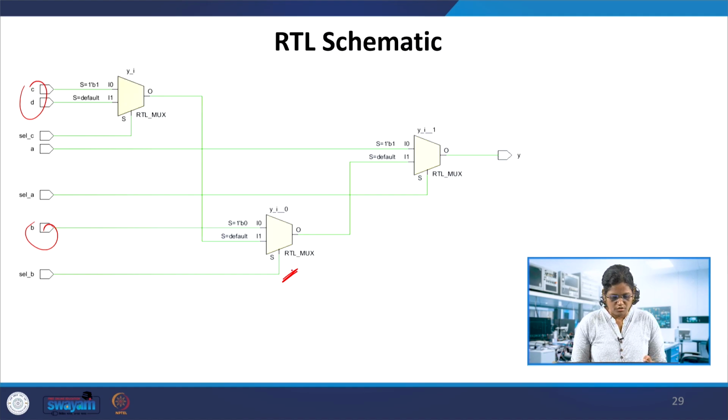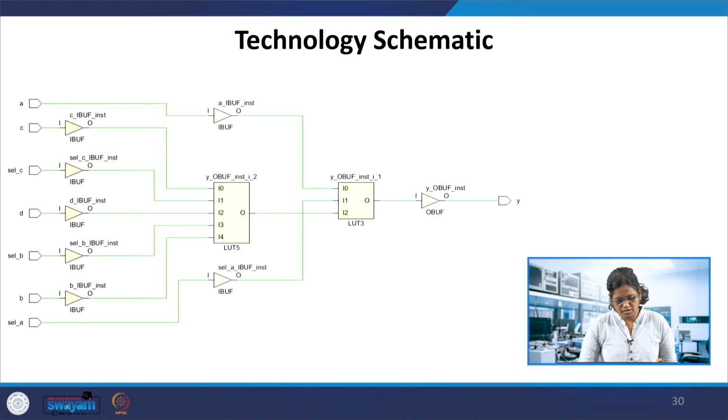This is the RTL schematic, and the technology schematic is given here. You can see A has the highest priority with the LUT. This is the priority structure again with LUTs, with select A and the output of C, D and B. It uses a 5-input LUT and 3-input LUTs.